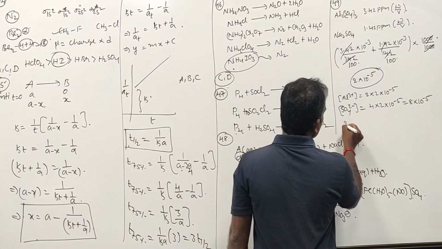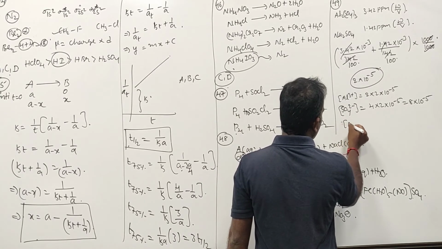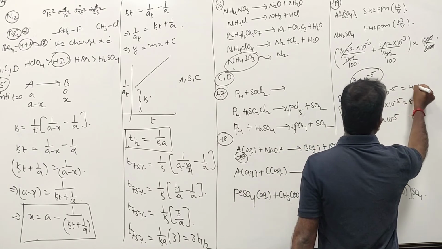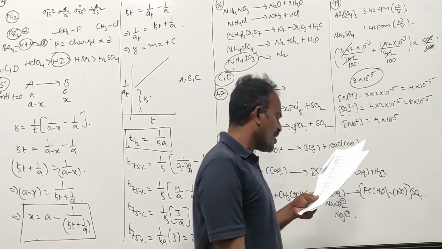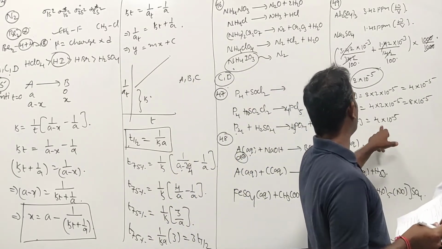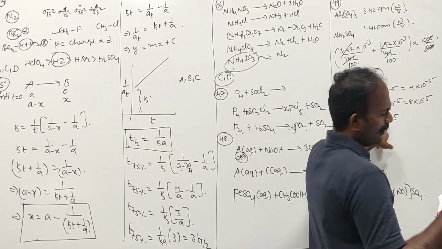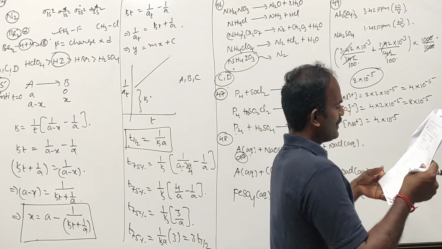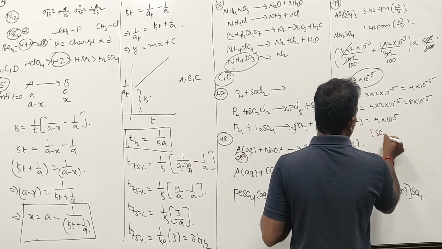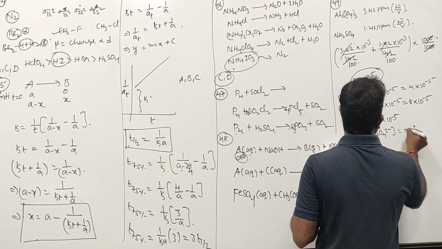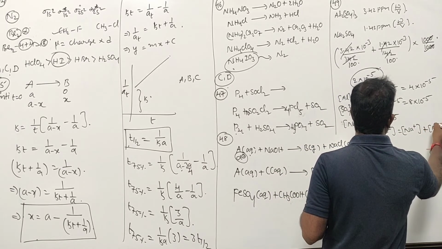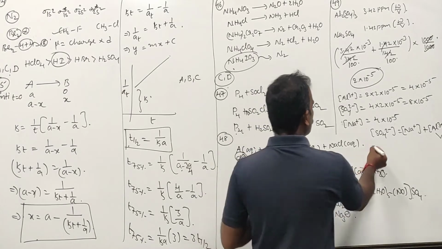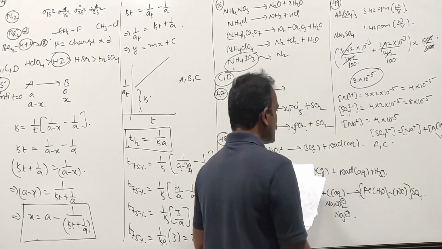Next, sodium. Na2SO4 gives 2 Na+ ions. Na+ is equal to 4 into 10 power minus 5. Now check out the options. Al3+ and Na+, both of them are the same? Yes, correct. Say option B: SO4 2- is double the Na+, therefore that is not at all true. SO4 2- concentration is equal to Na+ concentration plus Al3+ concentration. This is true. Therefore both option A as well as C are going to be true.